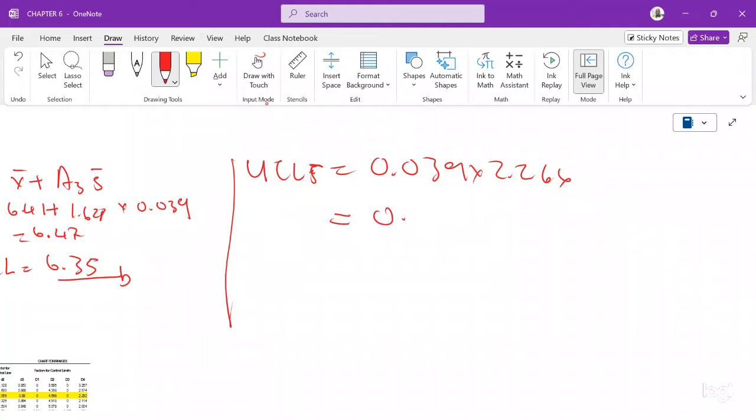Are we getting 0.0876, which is similar to previous? Again, which is similar to previous. Okay. Then now